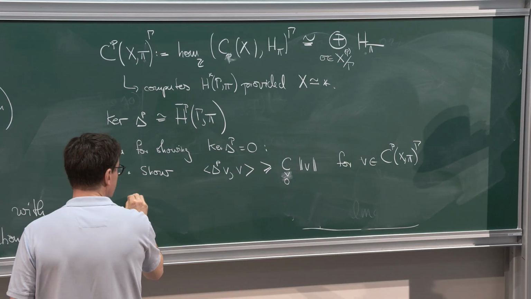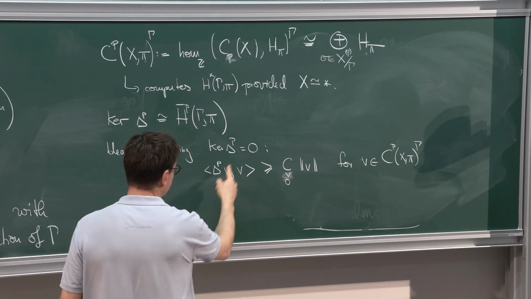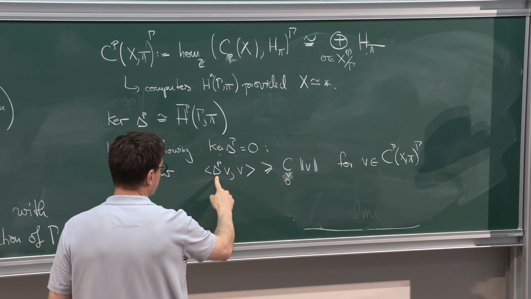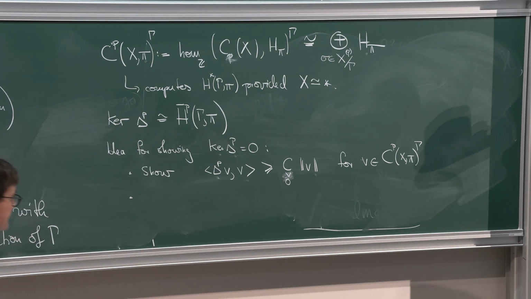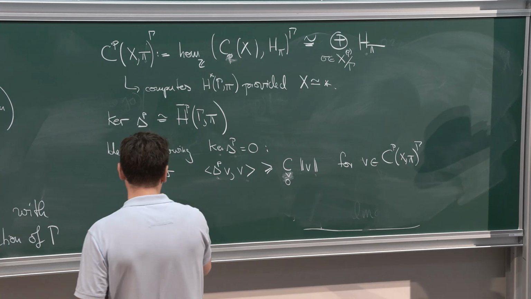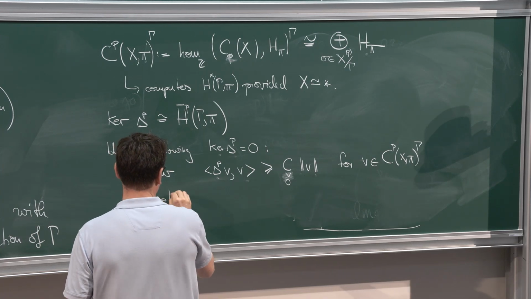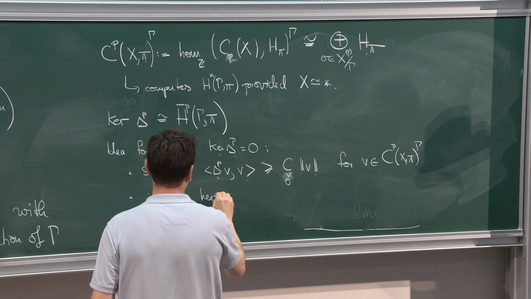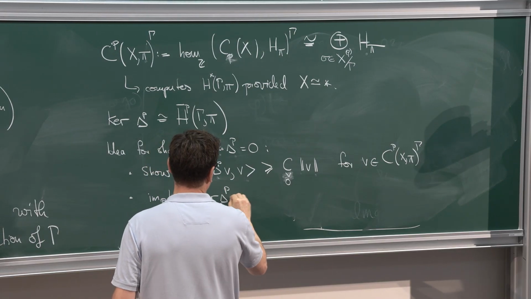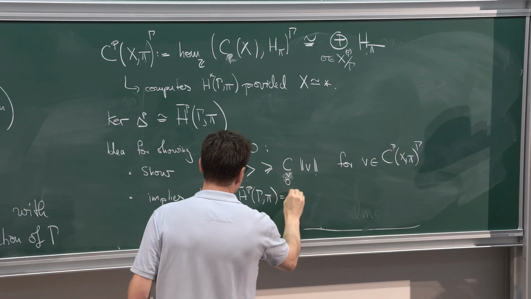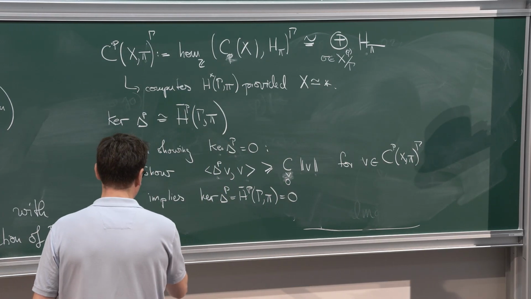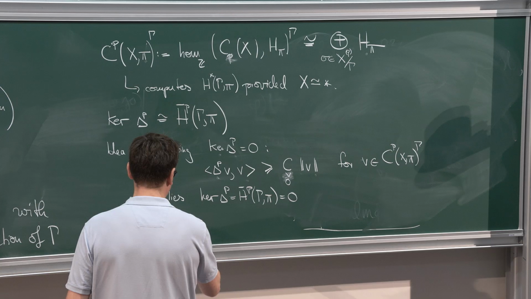And this of course readily implies that if you have an element in the kernel, then this is 0, so the norm of v is 0. So the kernel is actually 0, right? Very trivially this implies that the kernel, which is the reduced cohomology, is 0, and by ultra power,